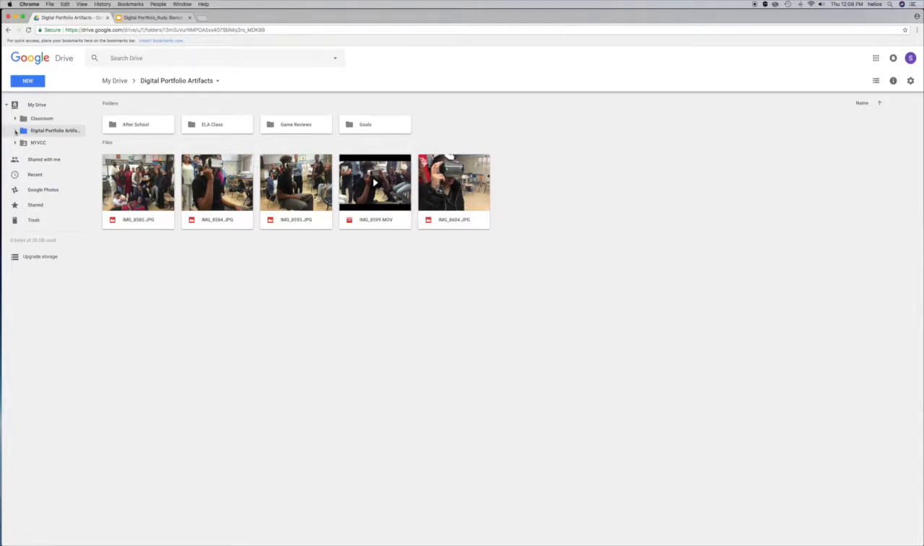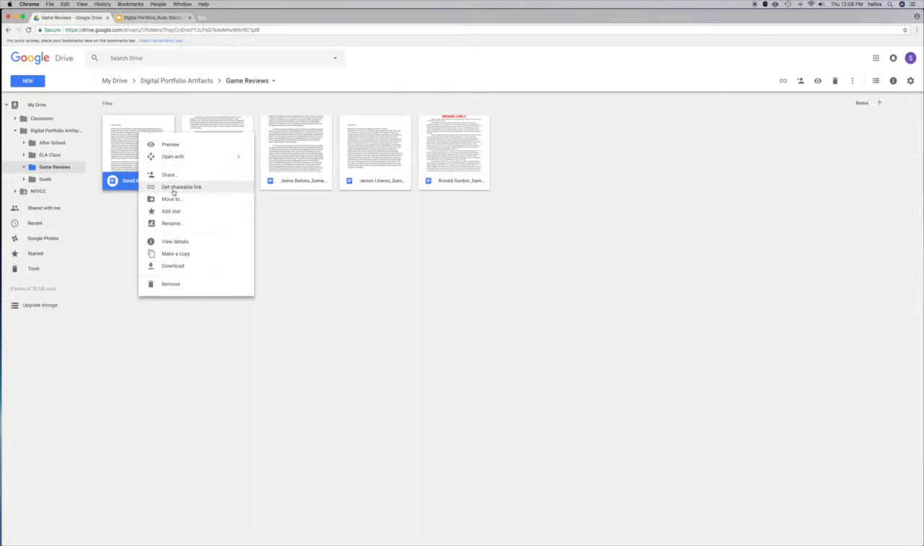Now, in my case, I am going to start with creating links for my game reviews that students have written. So what you're going to do is find the artifact that you want to make a link for, and you are going to click on it, and then you're going to click on this little button here that says Get Shareable Link, or you can also right-click on the document and click on Get